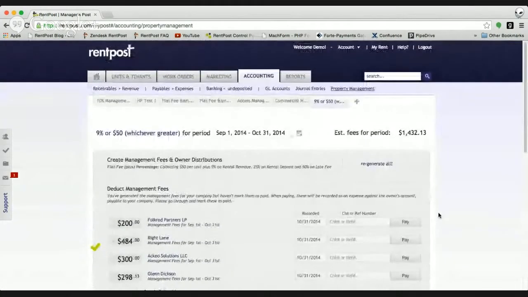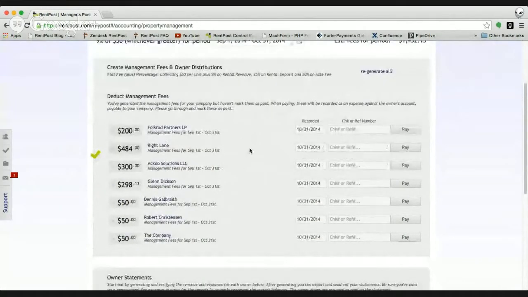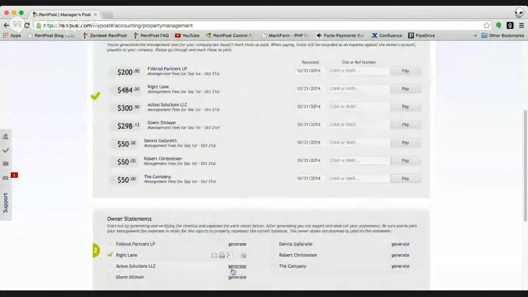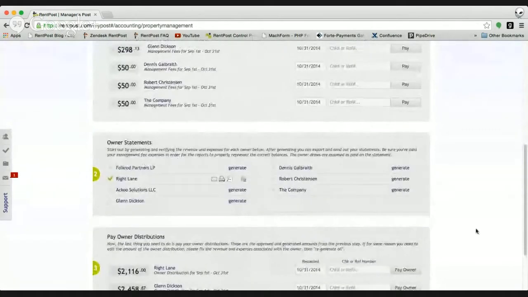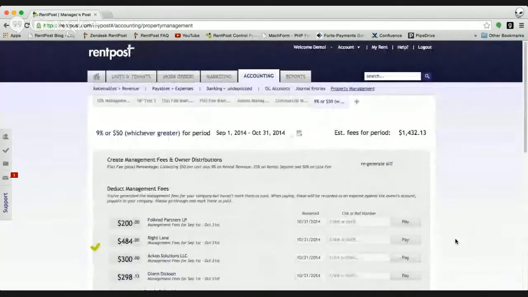The only other thing that I would stress with your management fees, owner distributions, and owner statements is making sure that the date range and any revenue or expenses that you've recorded are within that period. Anything that falls outside of that period is not going to show up within the calculations for your management fees on the owner statements or within the distribution. So it's important to pay note of that when you're running those and when you're recording your revenue and expenses throughout the month.